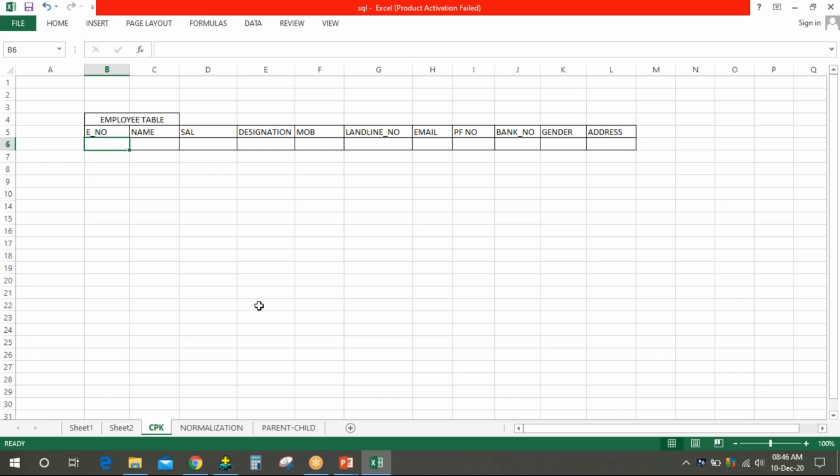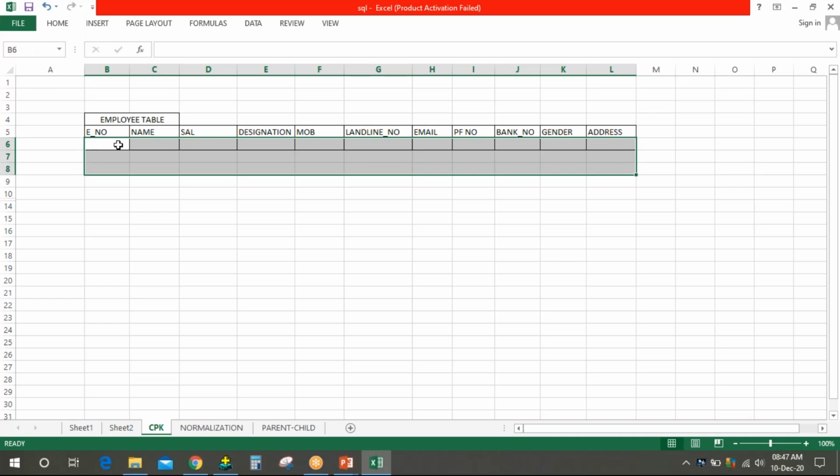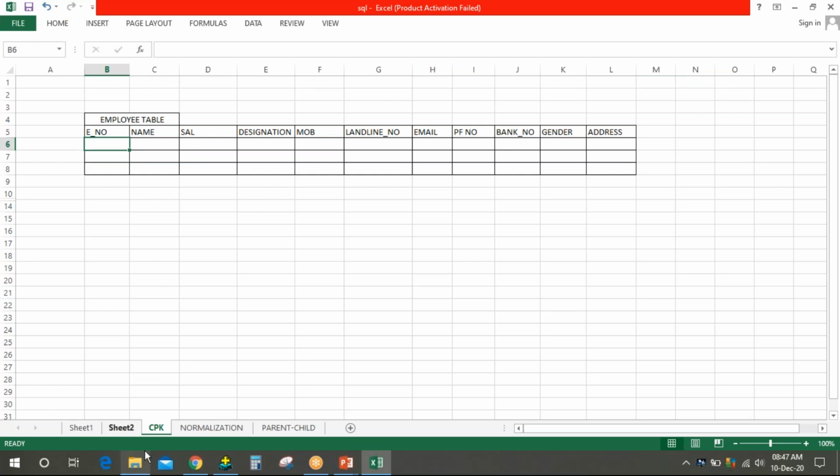One person, HR, is sitting, and the HR generally enters all the values in the table. It might look like this, a big table. They will be entering the employee number.